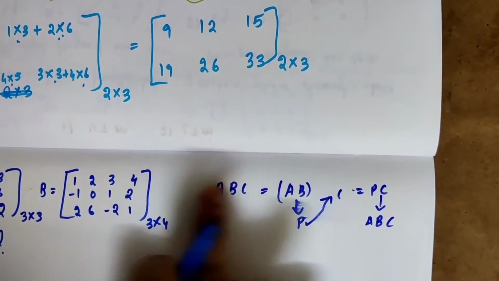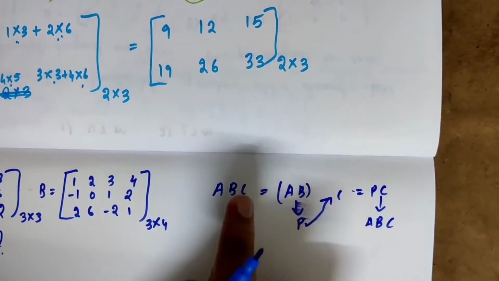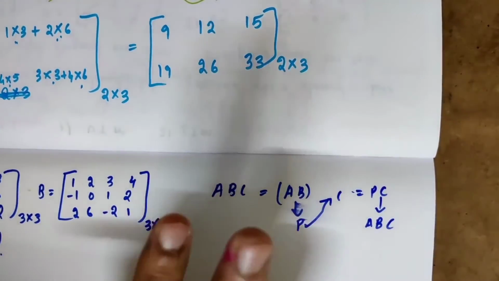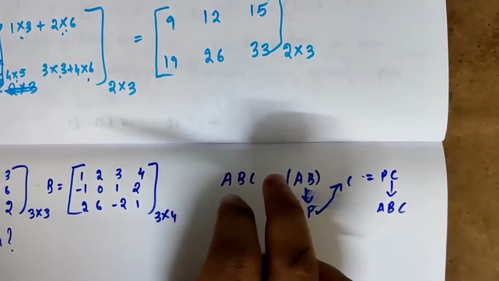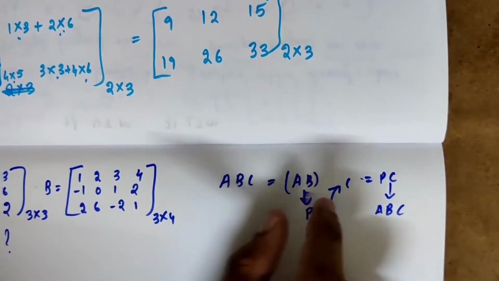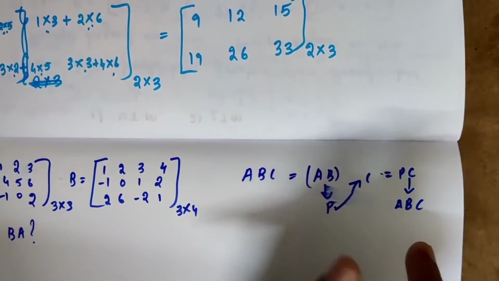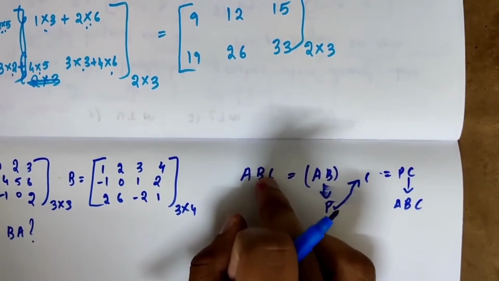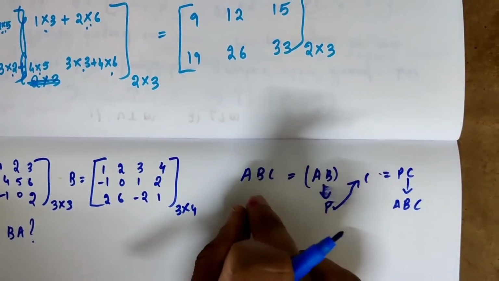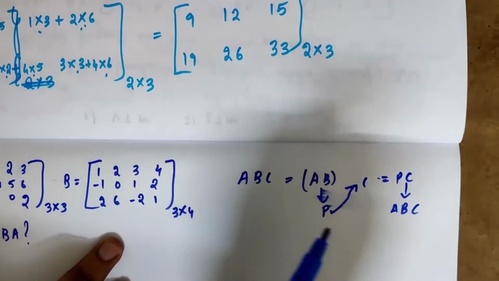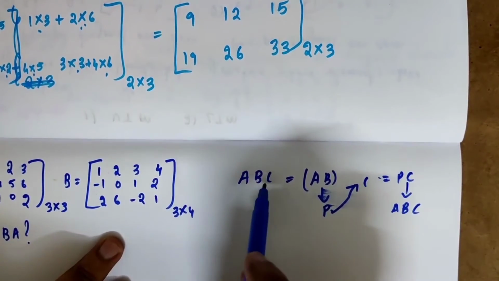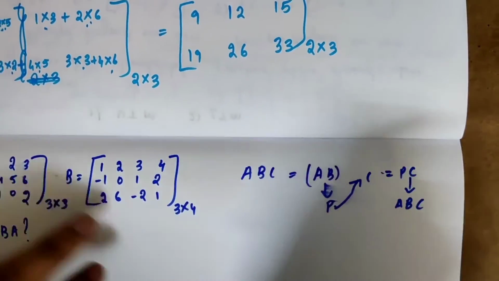You can't simultaneously multiply all three matrices at a time. If you have two matrices, then you can multiply them directly. If you have more than two, you have to split it out in this way, and then find the resultant. No one will ask you to find more than three matrices. So the final question anyone can ask is to find ABC, or the multiplication of three matrices.